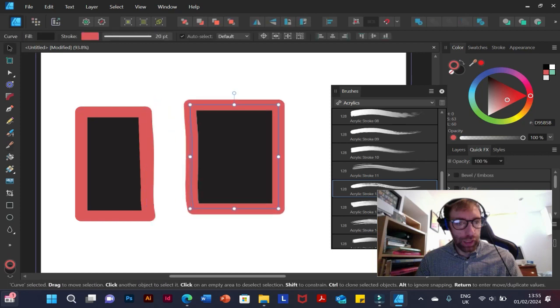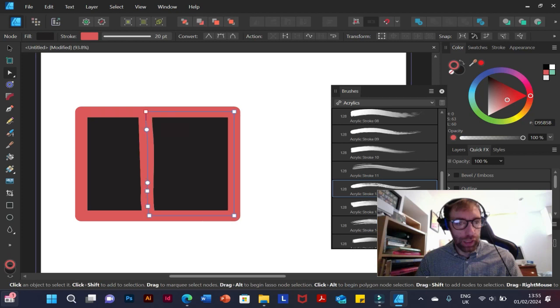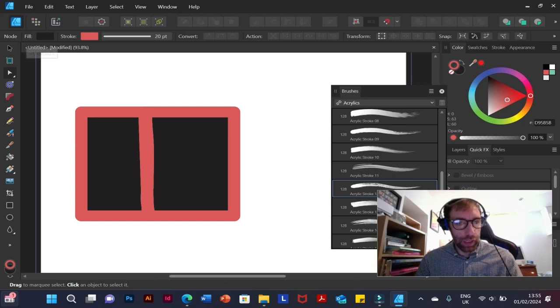Whereas this one tries to keep all the points that you've just drawn along your path. So the other option was a little bit more precise, whereas this version of the knife tool is a lot more